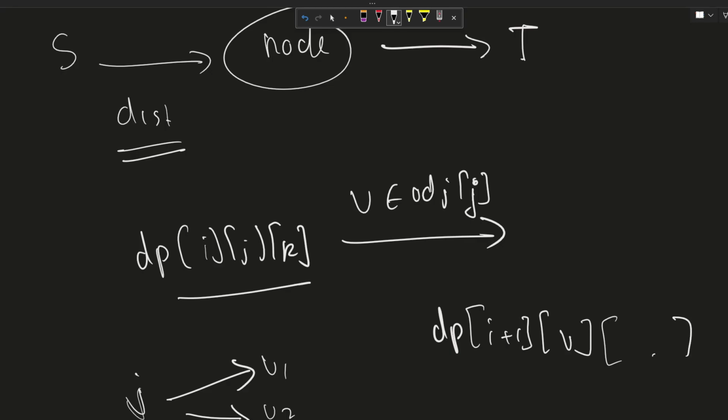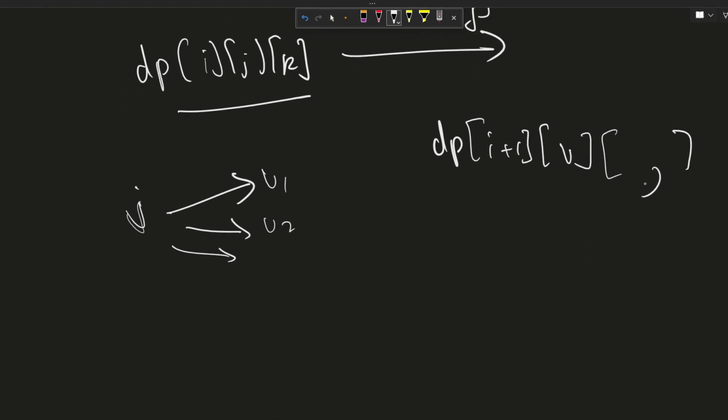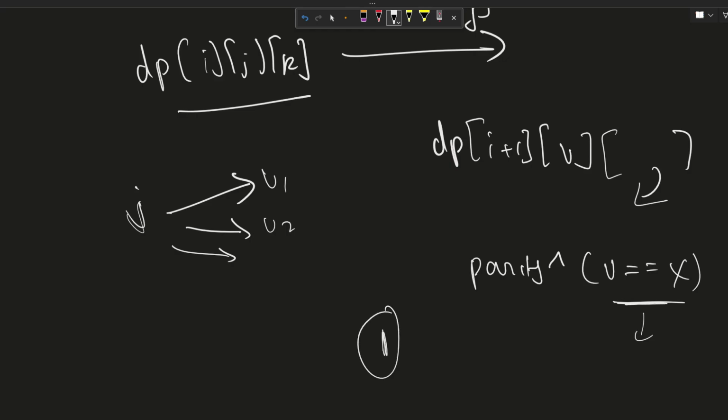Simply what I can say is, a smarter way to write this will be to use some if else conditions. A smarter way is just old parity XOR, and if v equals x, then simply say the parity was 1 earlier, right? And now again v equals x, this again returns 1, and since the parity was odd and now you have again found another x,